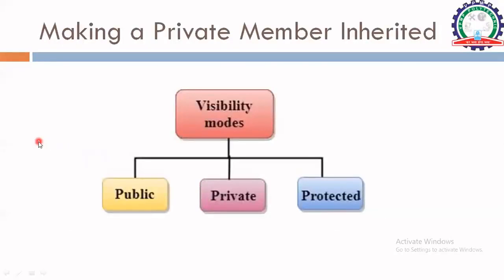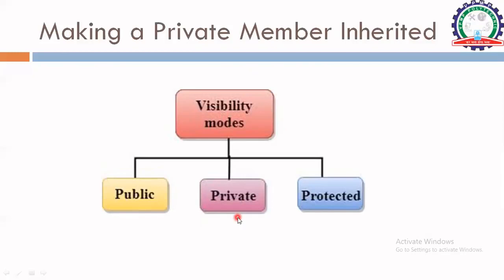Now let's discuss the visibility modes available in C++ classes. Yes friends, we can see from this diagram that we can have three different kinds of visibility modes: public, private and protected, right? That we already learned in our previous video of unit 2. Whenever we want any data member or member function to be accessible by the object of a class, we declare those members in the public section of the class.